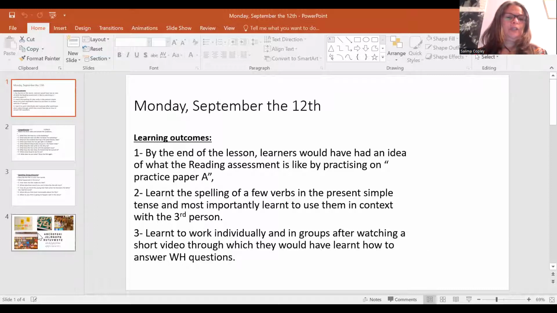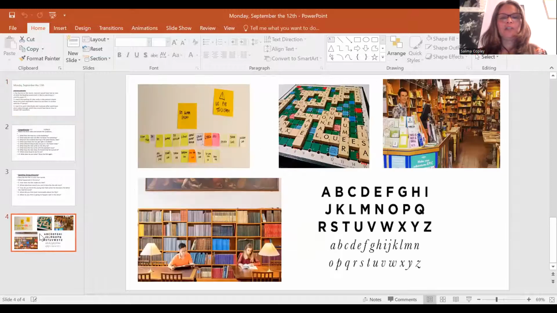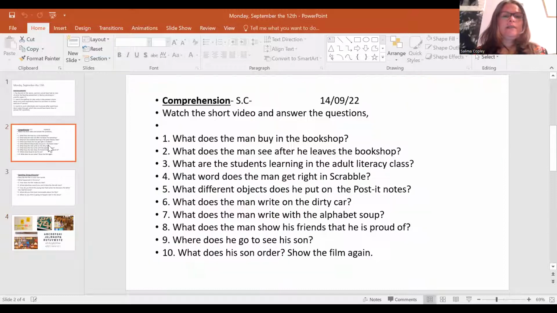Now, introduce the session with some pictures related to the video. Just remember that I'm simplifying the lessons, okay? Right. And the second step is the comprehension, where you write some questions, put them in handouts and give it